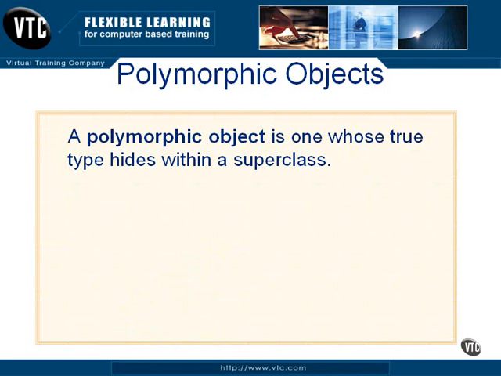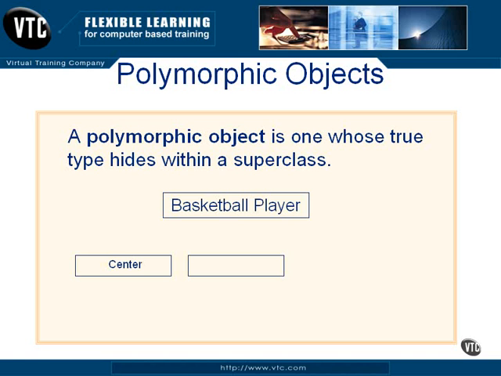A polymorphic object is one whose true type hides within a superclass. As an example, think of the class basketball player. Now, this class has different subtypes: center, forward, and guard, and each of those subtypes has its own idiosyncrasies, position,